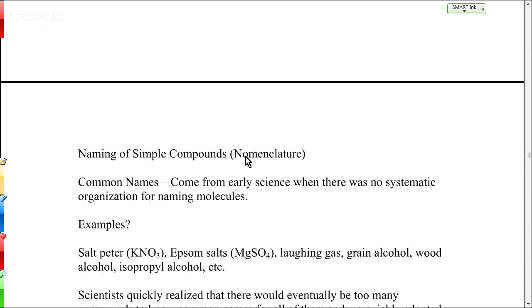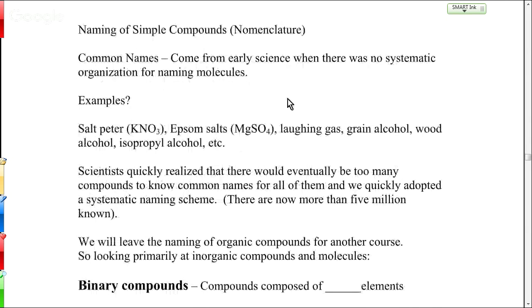So we don't need to talk about all that stuff. Let's get into our naming now. So why do we have these naming rules? Well, believe it or not, as much as people tend not to like learning all these naming rules, it's a whole lot easier than the alternative, which is memorizing the specific name for every different type of compound. I don't think we want to do that, right?